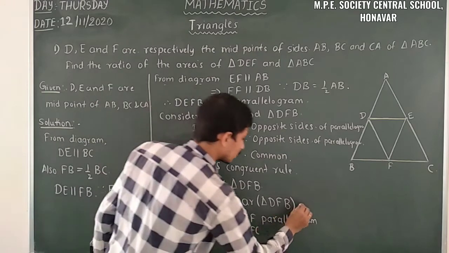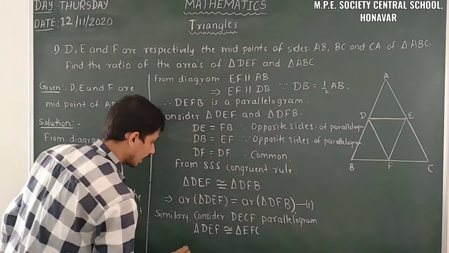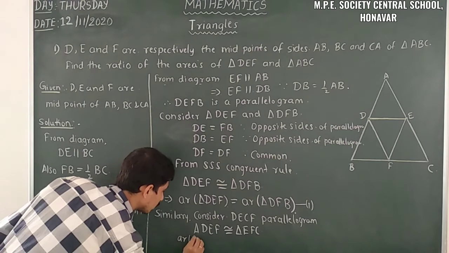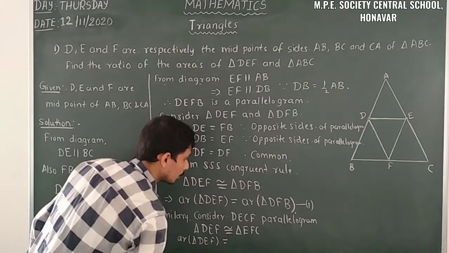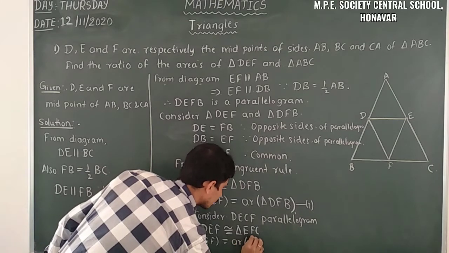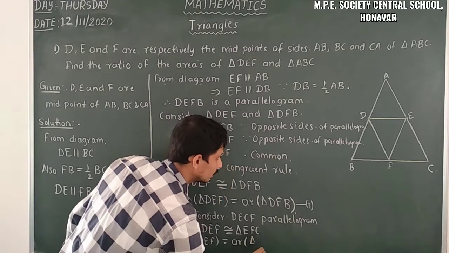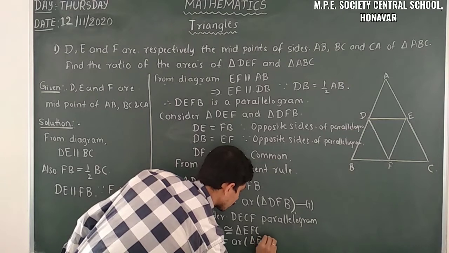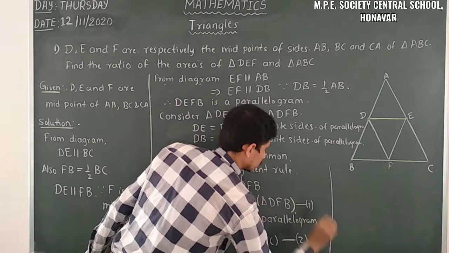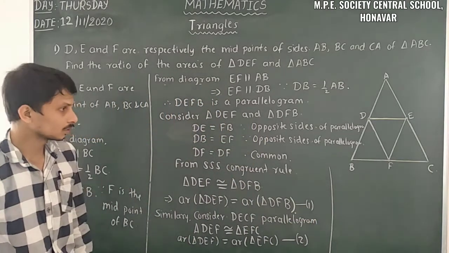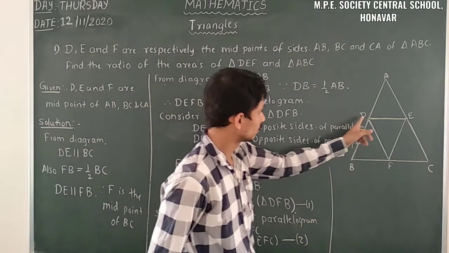So here this one I consider as equation number 1, and area of triangle DEF is equal to area of triangle EFC. I will consider this as equation number 10. Third one. So here consider